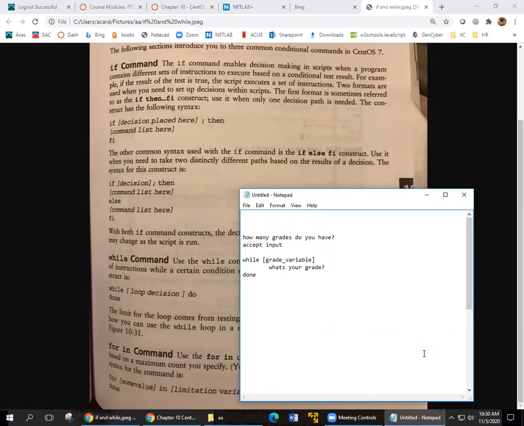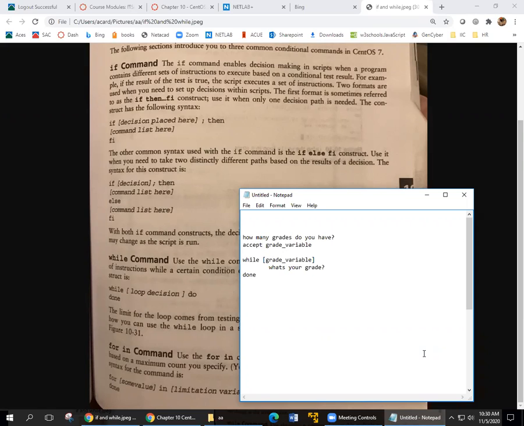I created the variable called grade_variable. So the program's going to run, you're going to ask, how many grades do you have? The user is going to type in, I want 5 grades. So then while grade_variable